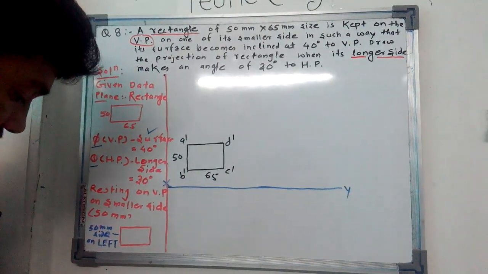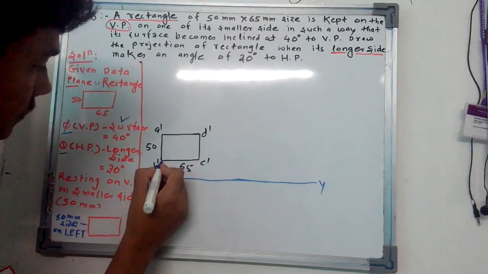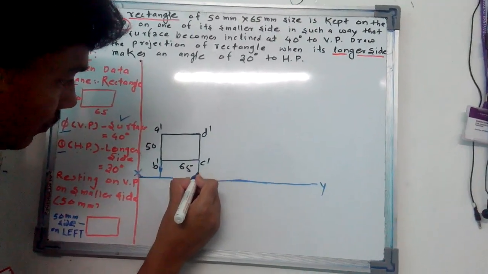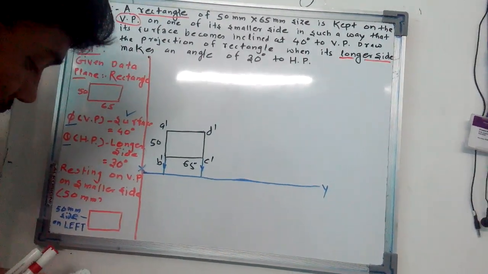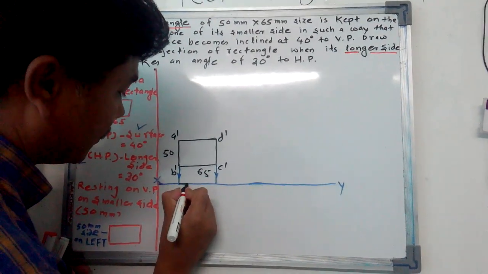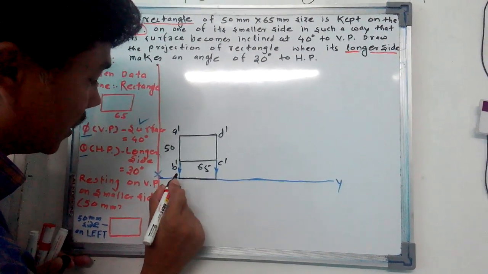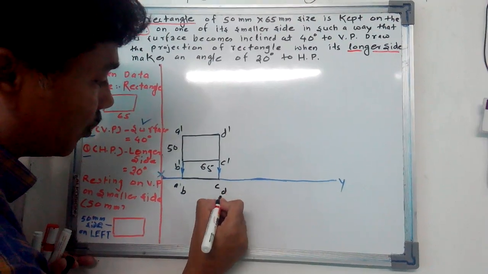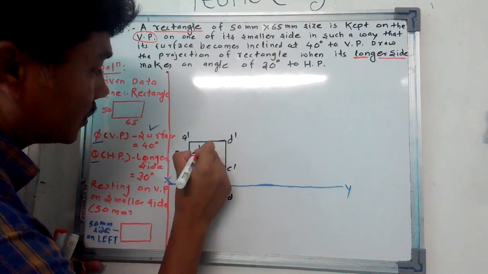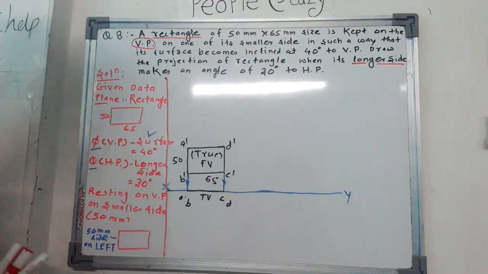So from this front view we will get the top view. Obviously, when you consider this plane is on VP on its surface, that line view you will get on XY line. You are going to get top view as simply the line. I name this as A, B, C and D point. This will be your top view. This is your front view. This is true front view or true shape which we are going to get in this stage.